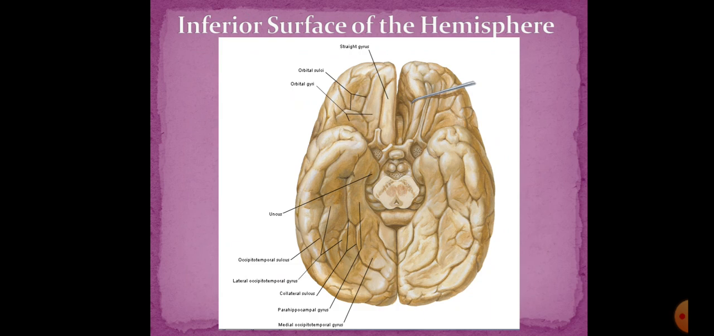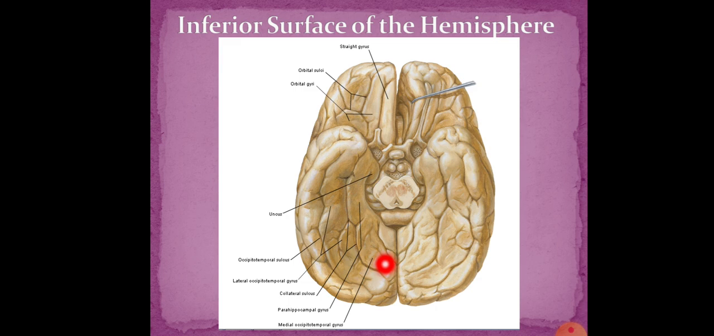The inferior surface of the hemisphere. On the inferior surface of the hemisphere, you can see this is the inferior surface of the frontal lobe, and here is the inferior surface of the temporal lobe and occipital lobe, known as the tentorial surface. Okay, the main gyri in the inferior surface of the occipital and temporal lobes: this is the temporal lobe and this